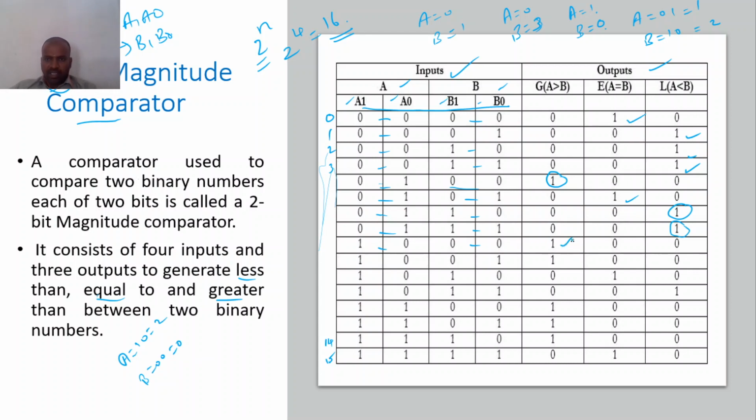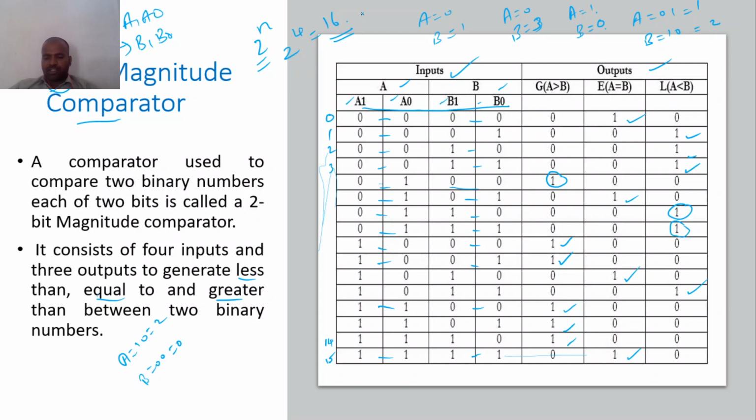So see here, A is greater than B. Then 1 0 0 1, A is 2, B is 1, so again A is greater than B. Then 1 0 1 0 is equal, and for 1 0 1 1, A is less than... A is 1 1 and B is 0 0, so A is greater than B. The next is also greater than, and the last one is equal to 1. So this is the truth table creation for a 2-bit magnitude comparator. So let us take the A value separately and the B value separately, then compare together.